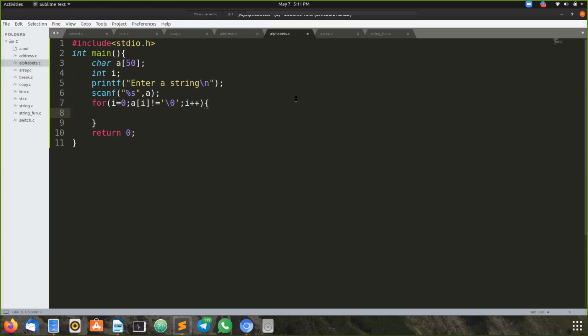Then we can read the character by a of i. I want to check this character, so to check a condition, what do we use? The if block.